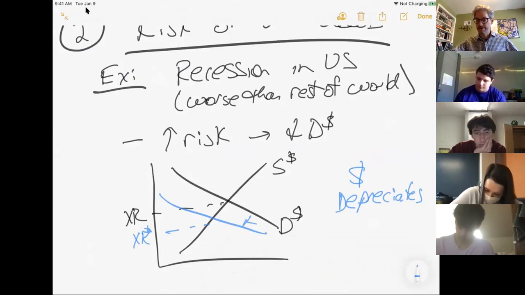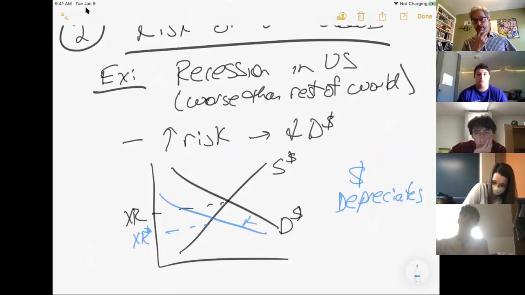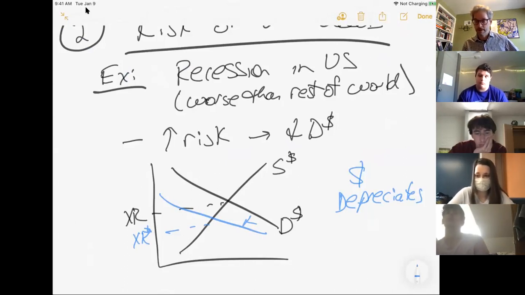What's happened to the dollar recently? Anybody know if it's been going up or down? It's been going up, particularly strongly against European economies. Why? Probably the number one factor is that the US economy is doing better than the rest of the world. That's not to say we're doing great, but once again, everything in this market is relative to the rest of the world. So while the US economy hasn't been doing great, it's been doing better than Europe. And so the dollar is much stronger against most European currencies because of this.